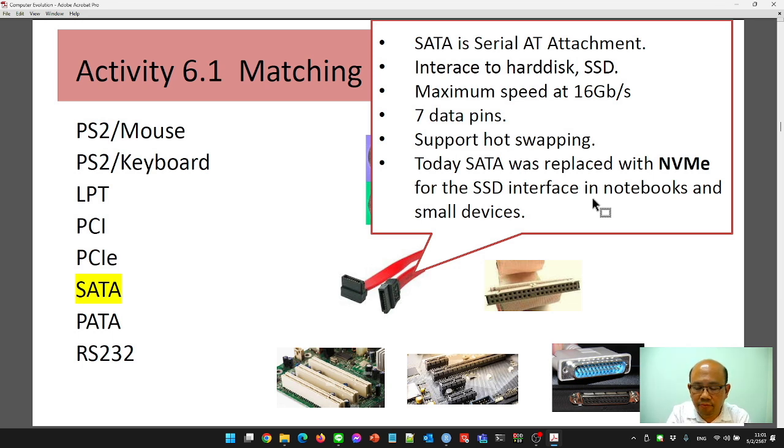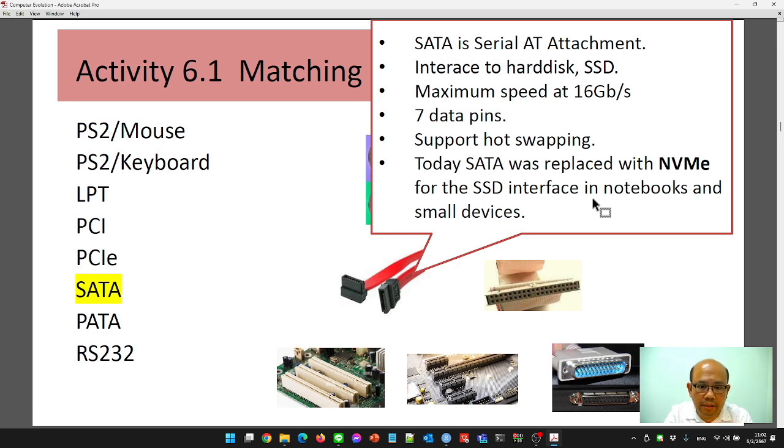When changing from parallel to serial, the hard drive cannot send 32 bits; it can send 64 bits or more. Today, the maximum speed of serial ATA is 16 gigabit per second. That is enough for transferring data from an SSD or a high-speed hard drive